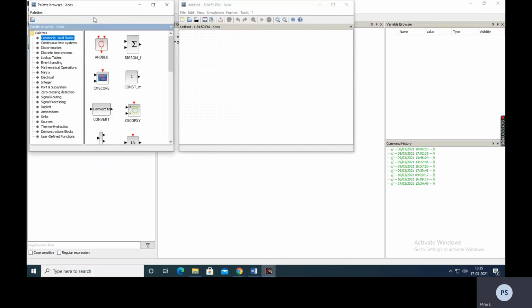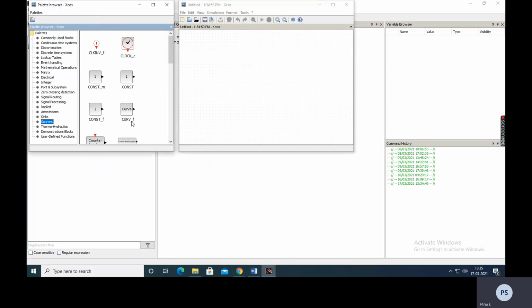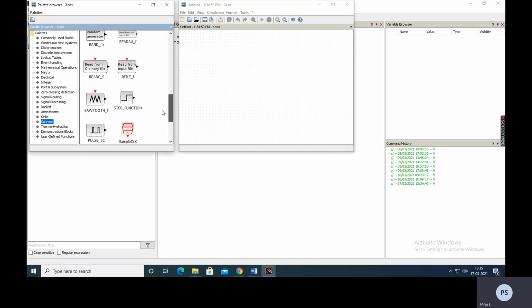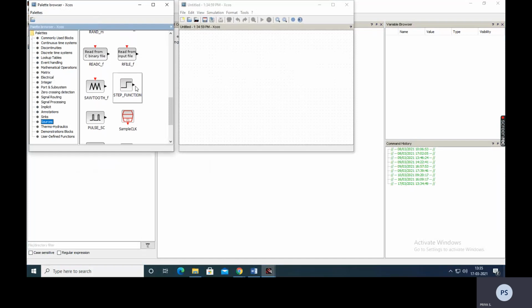for starting my simulation. In that, you have a simulator, that project, what you are going to do, that is also there. Here the blocks are available. Which block you want, you can easily get from there. So first we start from source. What kind of source do we want? We are going to find the step response of a first order system. So I am in need of a unit step function. So I am going to add this.